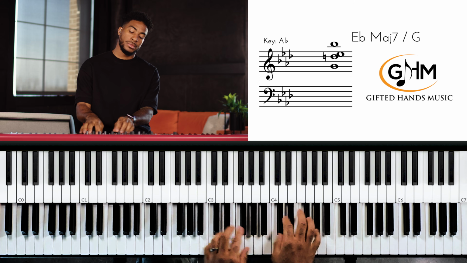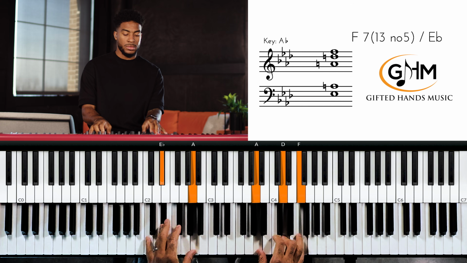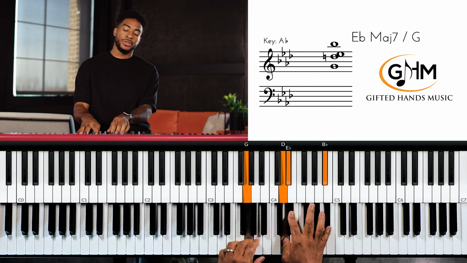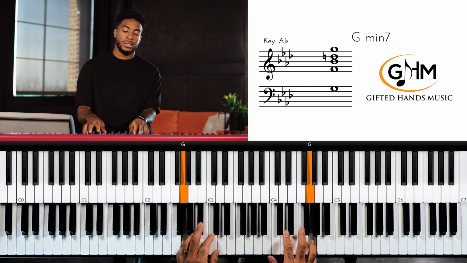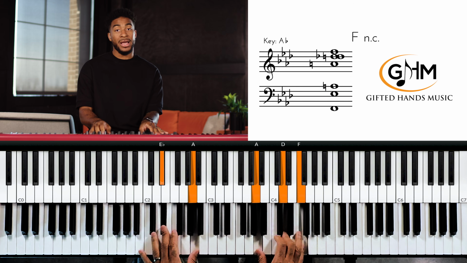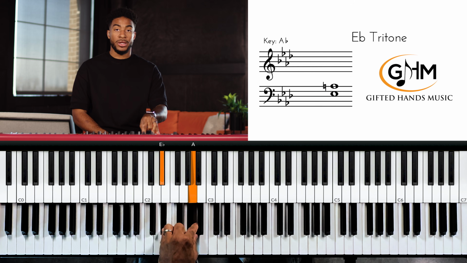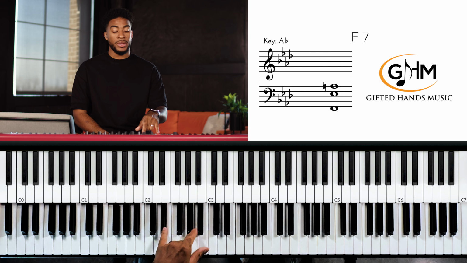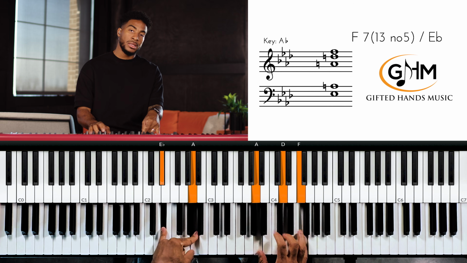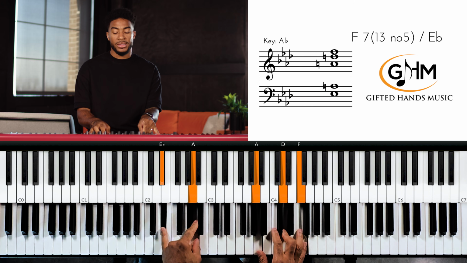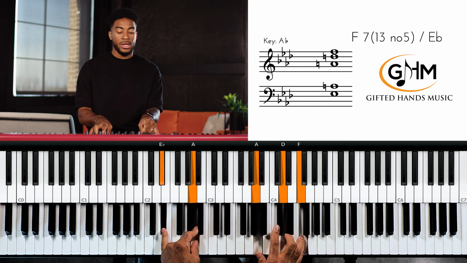Okay. All right, so the next place that you're gonna hear some rootless chord voicings will be on this move right here. So here we got a drop 2 progression, and then we're playing a 6 chord, and then F dominant, but we play it rootless. So it's a tritone. A lot of times when you have a dominant chord and you're playing it rootless, you're gonna play the tritone in your left. Your right hand can play some type of triad. It could be a major triad, a minor triad, a half diminished, an augmented triad, and it's gonna give you some alterations or extensions. So this is our F dominant,